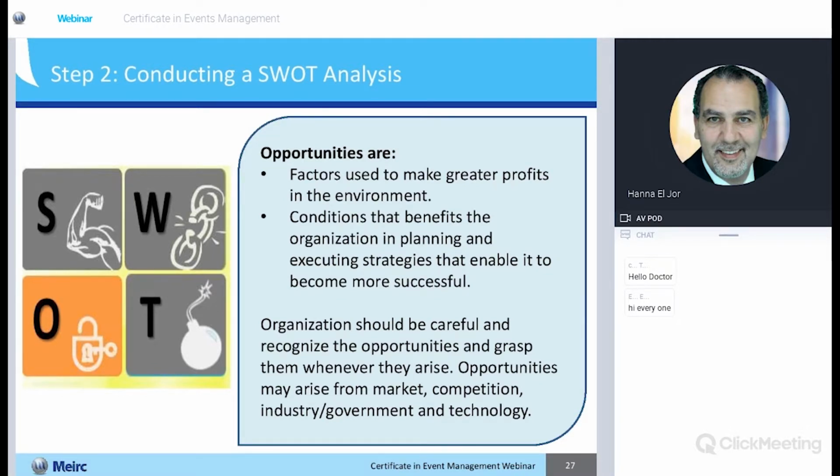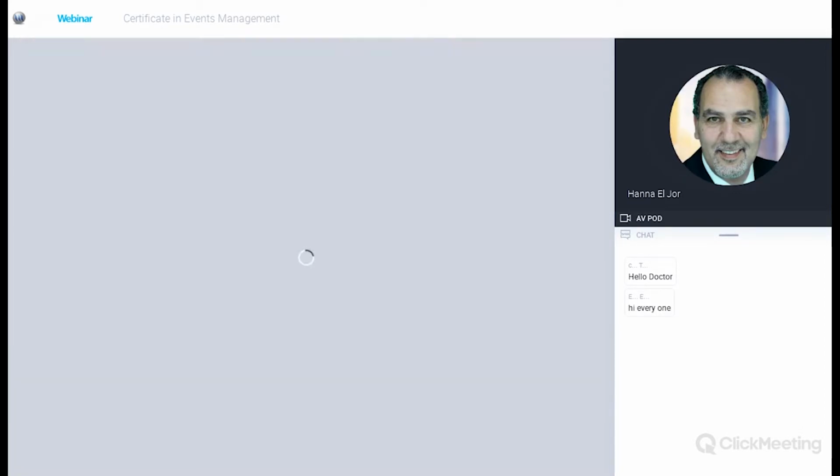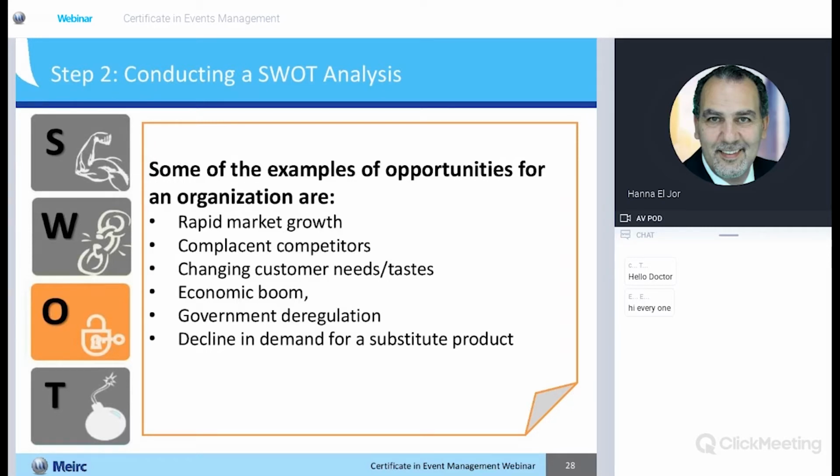As far as the opportunities, these are factors, as we said, they're not tangible. They are there. If we use them to our advantage, that will also be positive. They will become a strength and positive. Okay? These are any conditions. They're not tangible characteristics, but those are conditions that, in case we know how to use them, will benefit the organization either in the short or the long term.